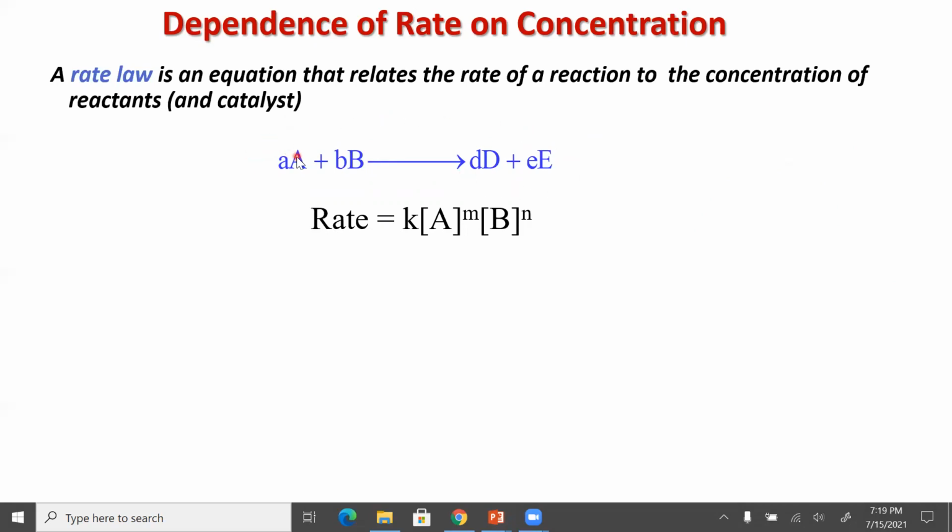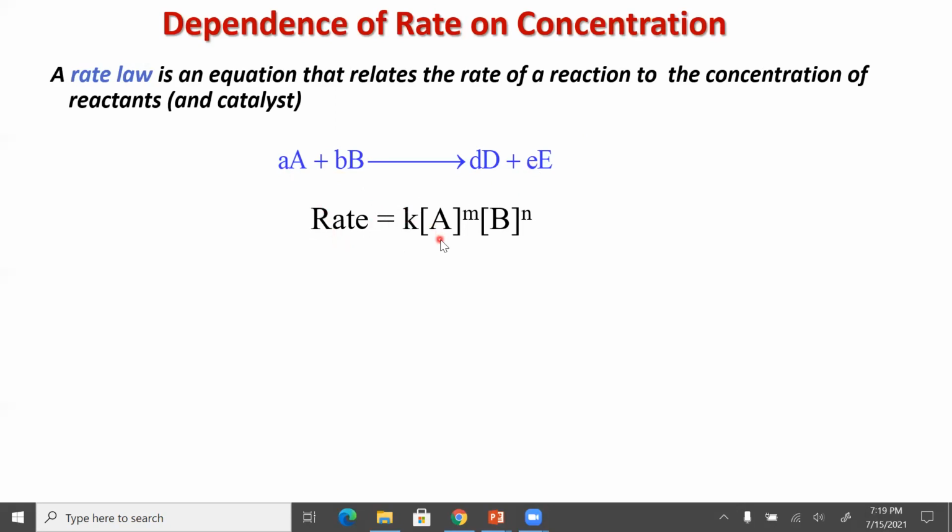The capital letters are the reactants and the products. So A is reacting with B, and we're producing D and E. The lowercase letters are the coefficients in the balanced equation. So we've got a and b as coefficients on the reactant side, and we've got d and e as coefficients on the product side. When we look at rate laws